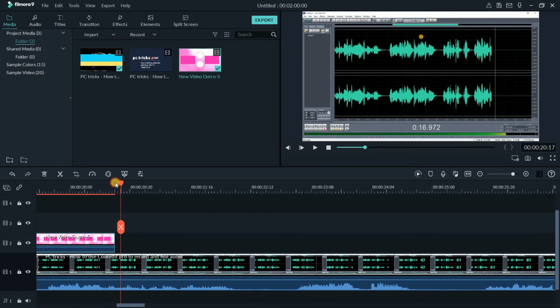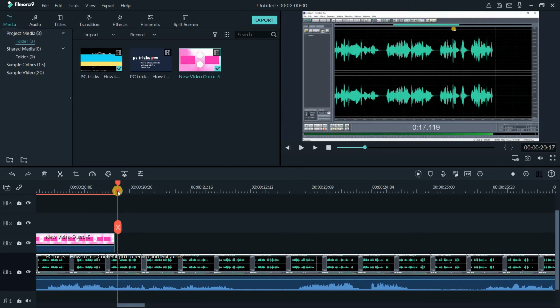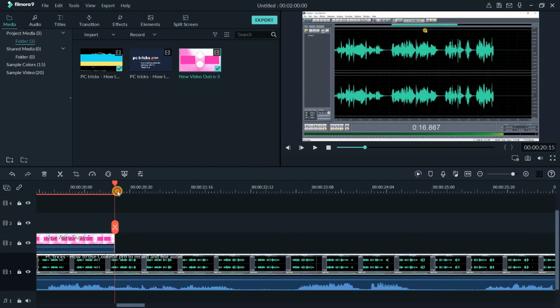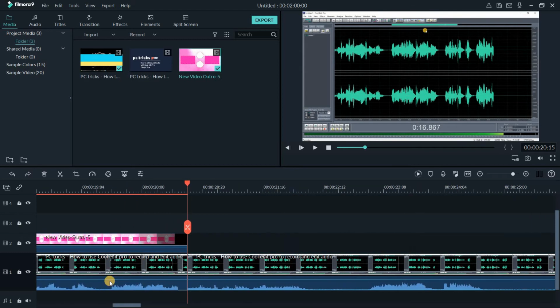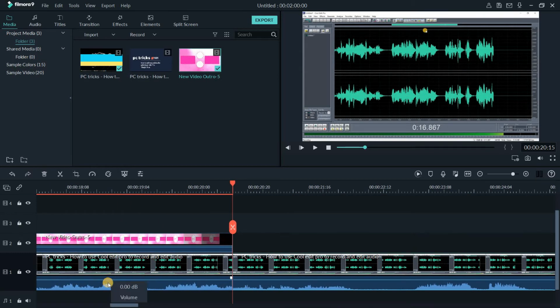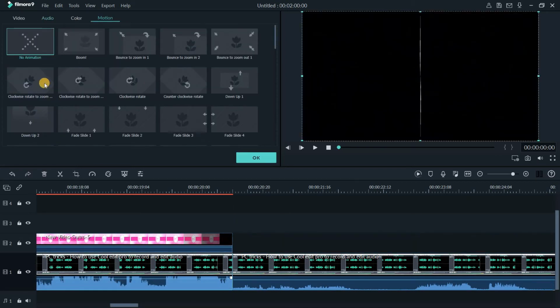So we can move this cursor to the end of this video, and then we want to split this bottom video, so you can split, and then we drag the volume down. So you can either drag the volume down this way, or you can reduce or